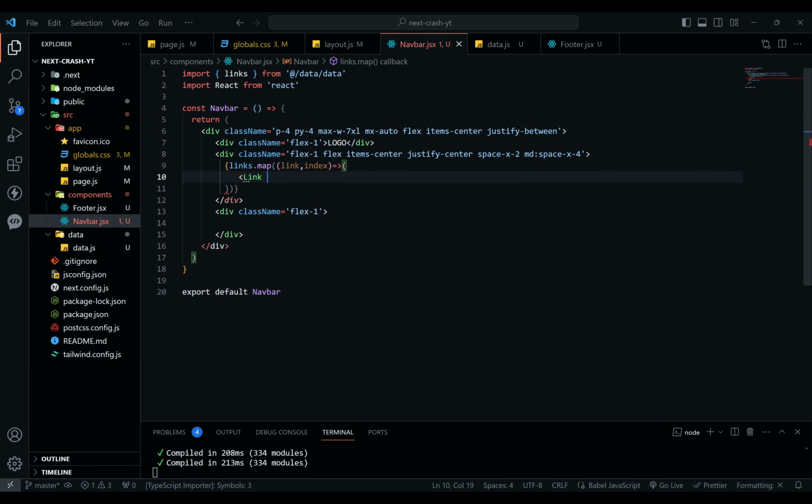Let's write the link component. Class name should be there, and the mandatory attribute href should be there. So key index and href. Let's close the tag. Okay, and let's write,